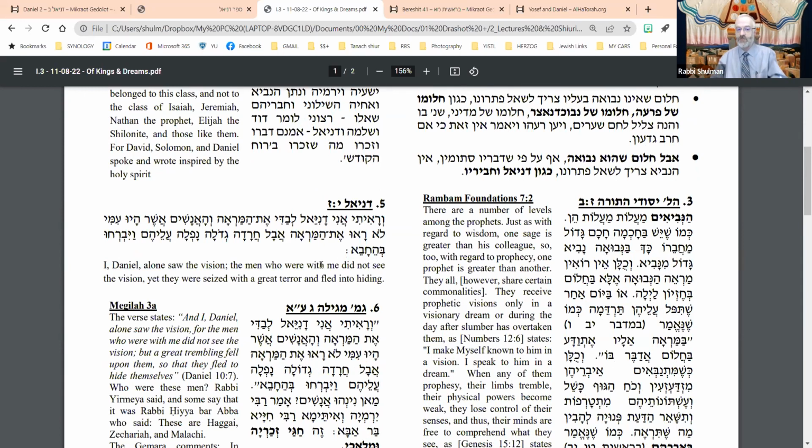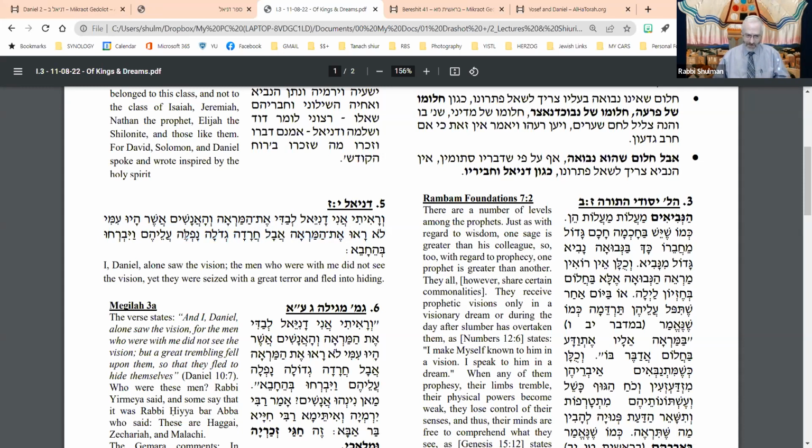This is a conversation that's really overall about the whole context of the book. There are visions that Daniel has in chapter 10, for example. I, Daniel, saw this vision. And the people who are with me, they didn't see this vision. I saw a vision of